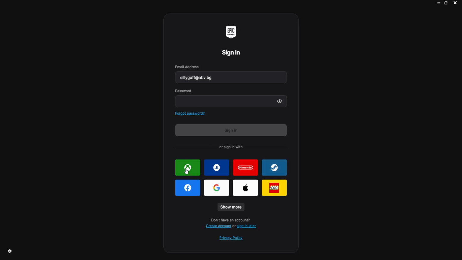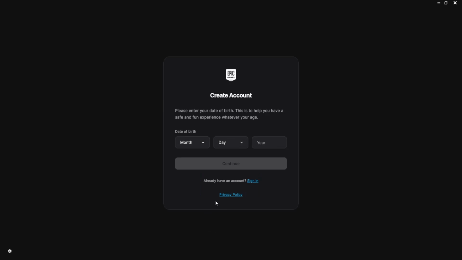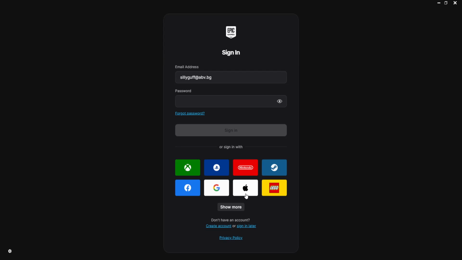So if you want to change your account, you can use either of these platforms that are being displayed, or what you can do is also create an account by clicking on the create account button. Afterwards, after you have done this, you can click on sign in here. After you have created your account, type out your password, click on sign in, and that's how you change your